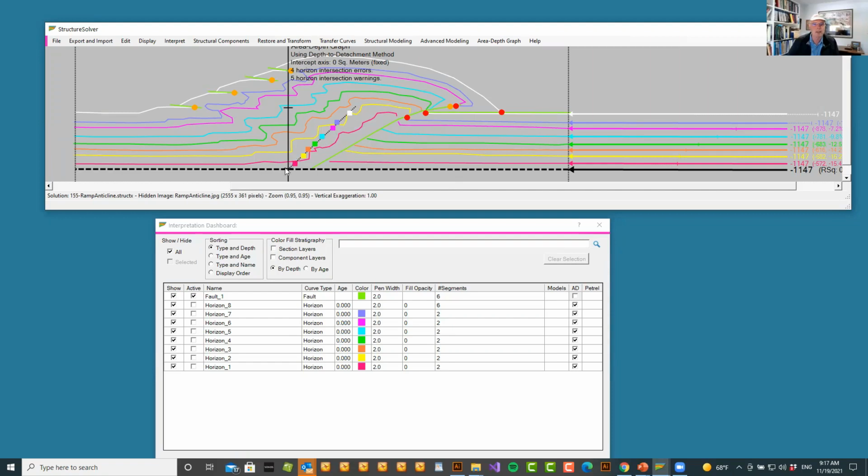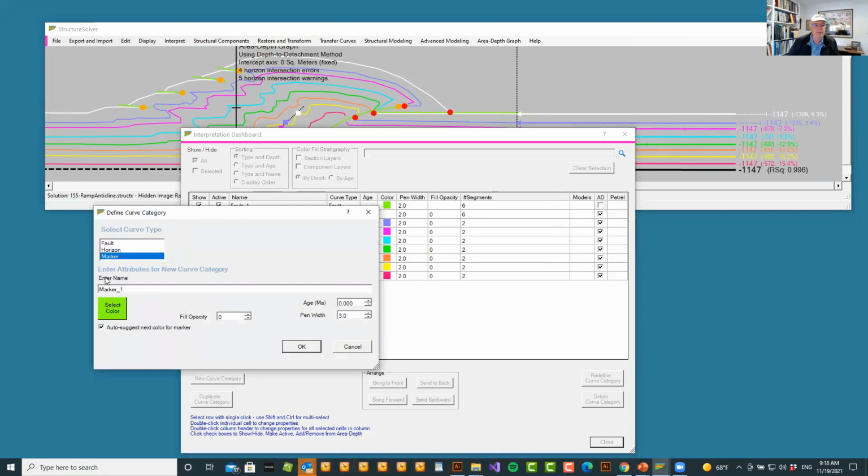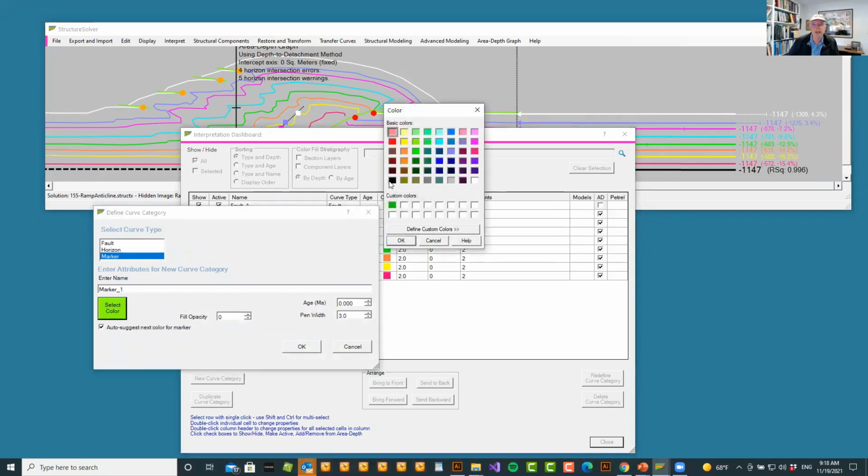And the slope of that line there is giving us this true vectorial displacement, 1147 millimeters in this case, which is giving us, for each of these beds, the same displacement, because we're taking the slope of this. In total we get the same displacement, 1147. But if we look at where the beds flatten out to, which is given by this little tick here, if we just create a new little curve category, just to show that,